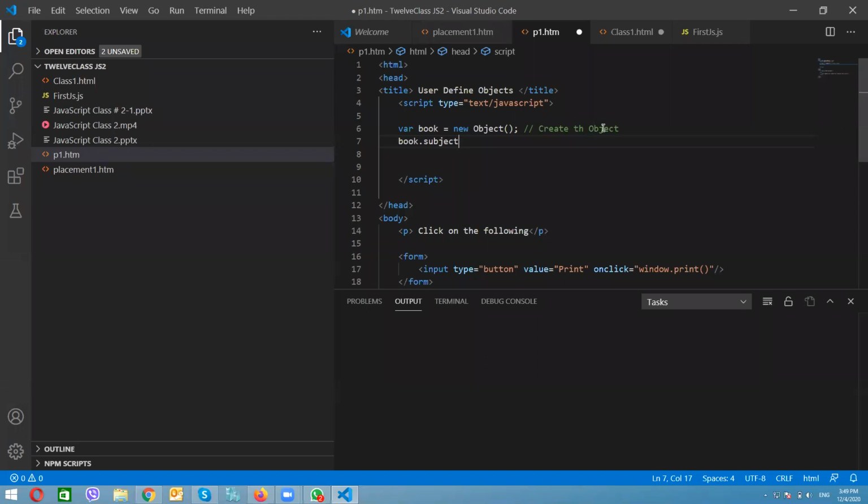Now, under the empty object, we are creating another element with the name subject, book.subject, and with this subject I am assigning one value. For example, I am assigning Perl. Perl is a language. What I am doing is assigning properties to the object.